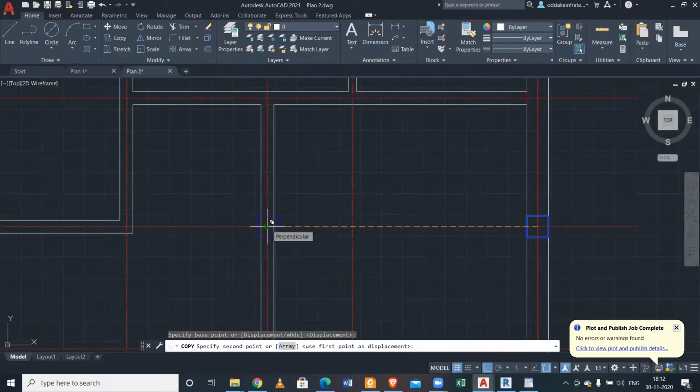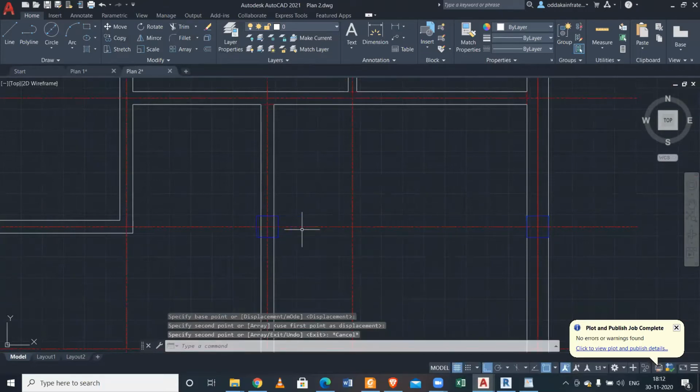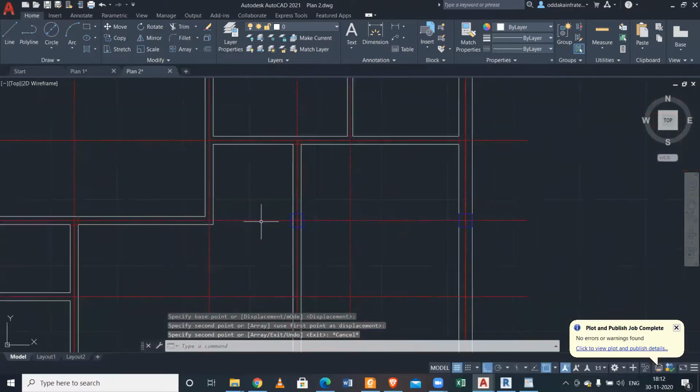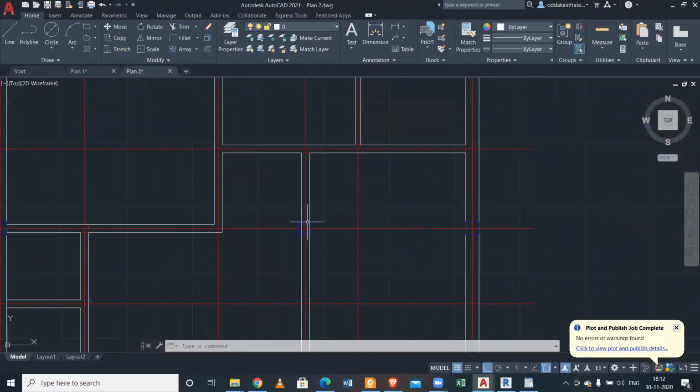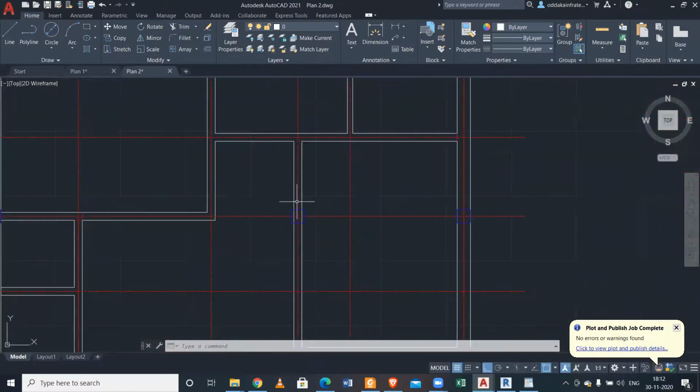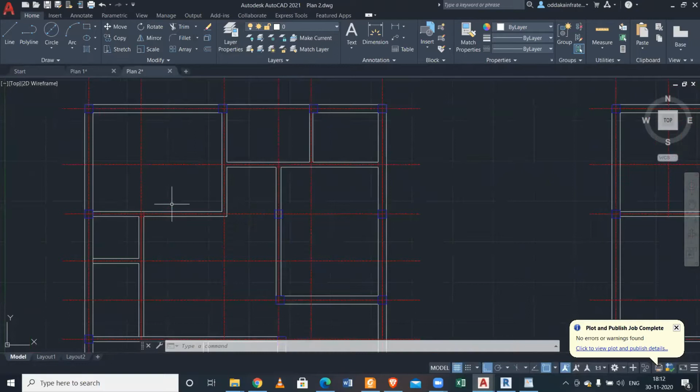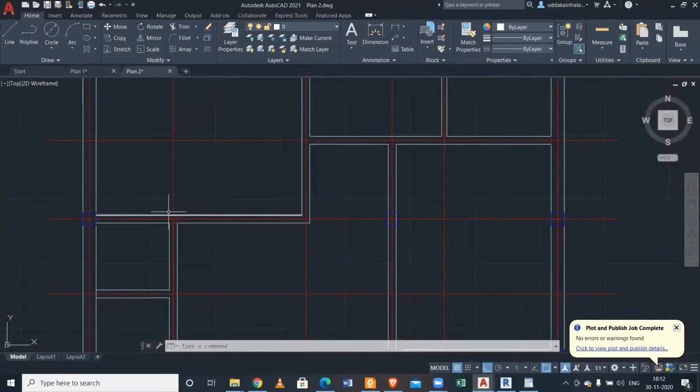So this is 6 inch. Actually, it doesn't matter, because it is only for the column position. But while making the beam column plan, if you make everything 10 inch, then it's better.